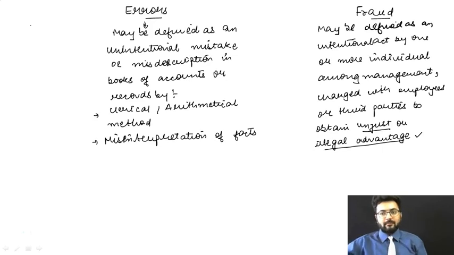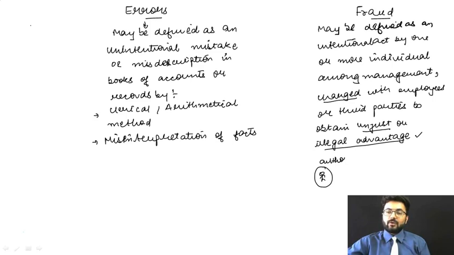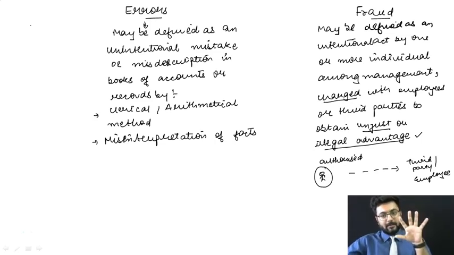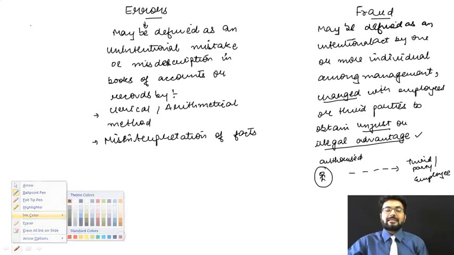So this happens over there. There was a person who was charged. Over here I have used the word charged. What does this mean? This does not mean how much your smartphone is charged, right? This means that this person was authorized by the company to deal with third parties, or to deal with employees. While dealing with an employee, the remuneration was 1 lakh rupees per month, but he was showing in the books of accounts that he has been paying 2 lakh rupees. So what was that? That was totally a fraud.